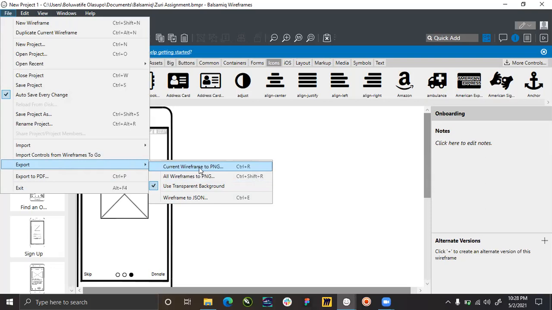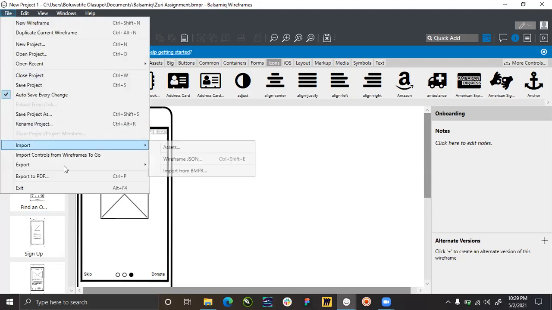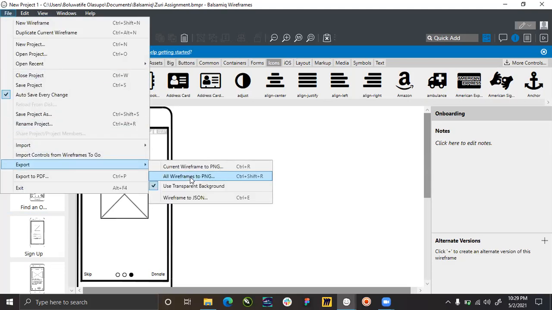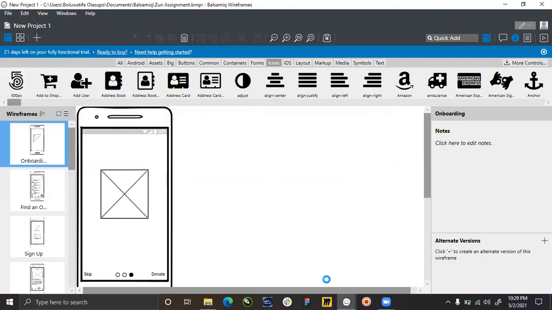You see current wireframe to PNG, all wireframes to PNG, and then wireframe to JSON. Now this wireframe to JSON kind of converts your wireframe into code, so I would not advise you do that. You can choose to export current wireframe to PNG. That would only export the onboarding. But if I choose to export all wireframes to PNG, then it will export all of them into PNG,